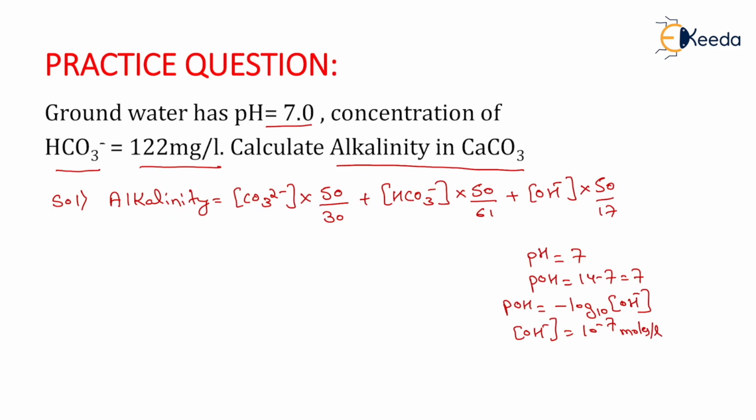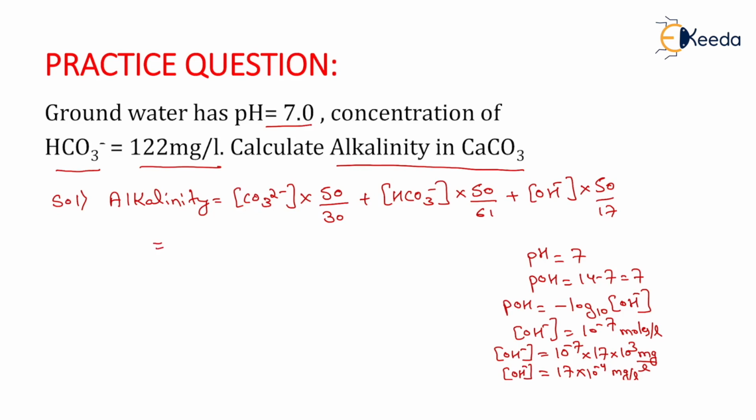Now we need to determine the concentration of OH negative in terms of milligram per liter. So I directly use the conversion, that is 10 to the power minus 7 into 17 grams. Now we need to convert it in milligrams, so we multiply it with 10 to the power 3 and the value will be converted into milligram per liter. Now we had determined the concentration of OH negative, that will be equals to 17 into 10 to the power minus 4 milligram per liter, and we also have the value of bicarbonate, which will be equals to 122 milligram